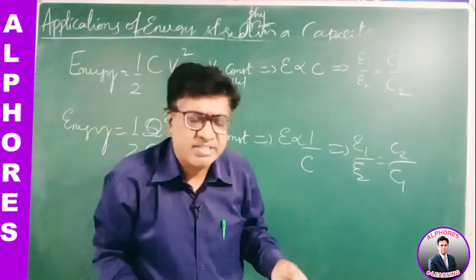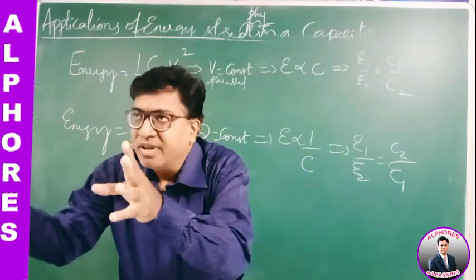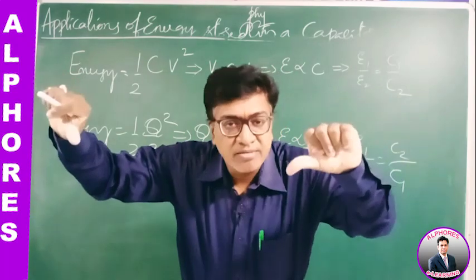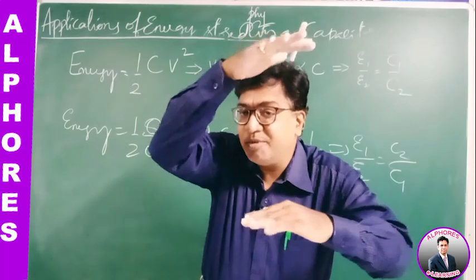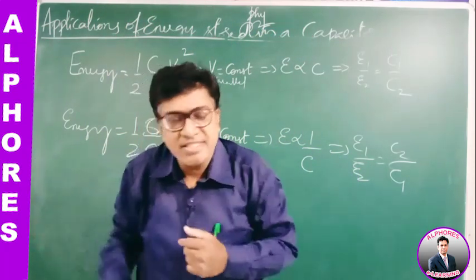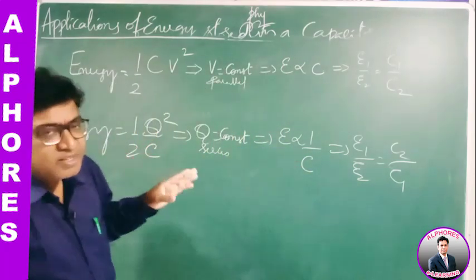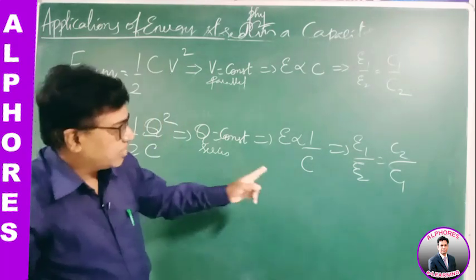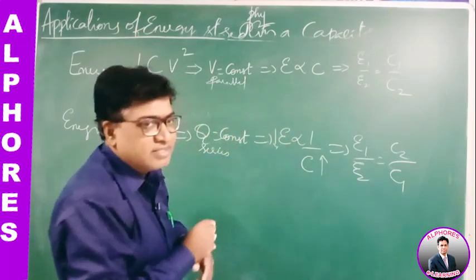You can maintain two capacitors by pouring the same charge. Now let me make you understand. A bigger tank, a smaller tank, pour the same amount of water. In the smaller tank the level will be more, but in the bigger tank the level is less. So the height is less, potential energy is less. So if the charge is maintained constant, the bigger tank will have less height, less energy. More capacity, less energy. Inverse: if the capacity is more, energy is less.